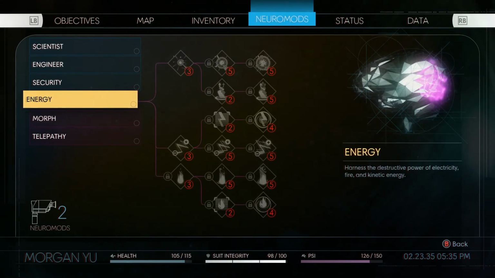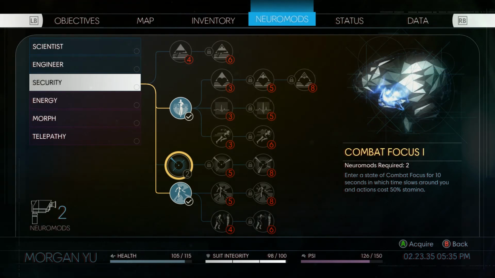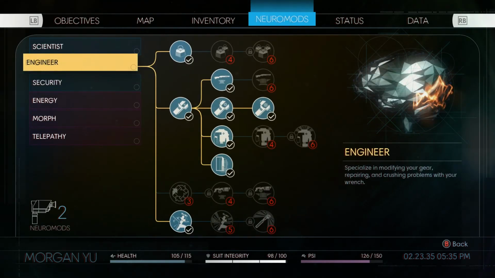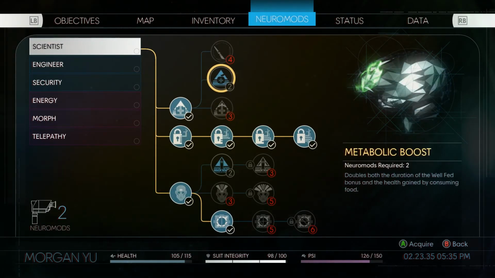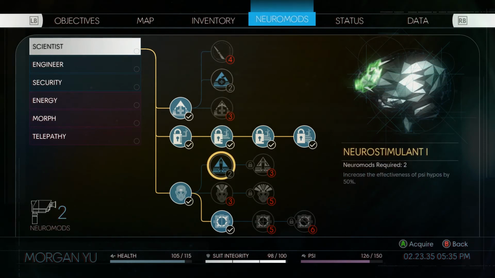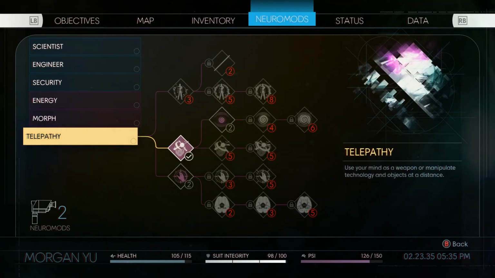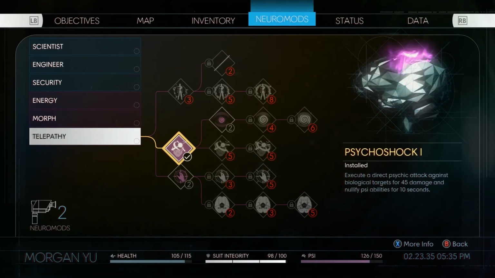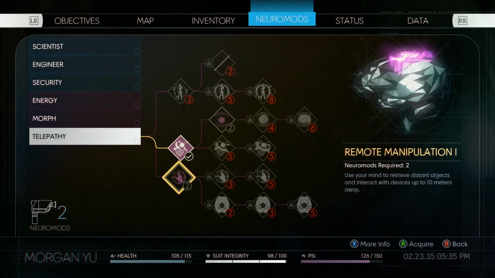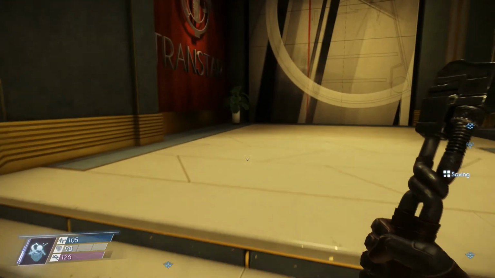Phantom shift. Engineer spy. Doubles the duration of well-fed bonus. Increases the effectiveness of psi hypos. I think... I'll save it. I'll save it for that. I'll wait until I get some